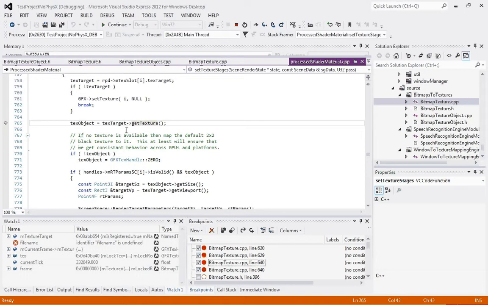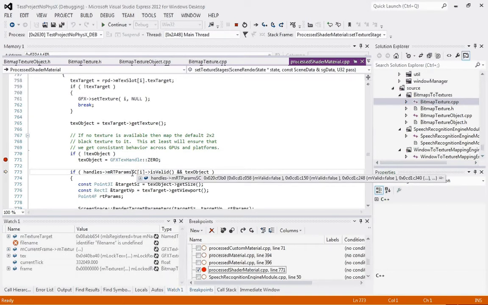Yeah, okay, so if it can't pull the texture, that's why, yeah, I was having a problem earlier where objects were showing up black. So if the object can't be rendered, then this is the text object that it sets with. So it checks if it's valid. Real-time params. I don't know what the SC is for. Is valid. I'm guessing it's just to see if the scene is valid, maybe. And then if the text object is set,